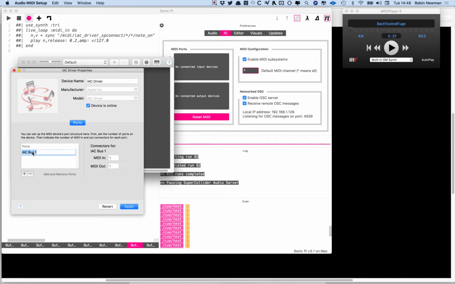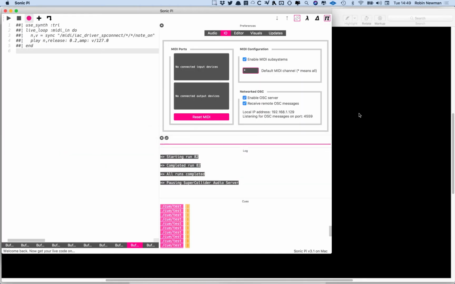I'm going to double click on that to select it, and then I'm going to type SP Connect like that in there, and we're going to click on apply. Now we've created this port SP Connect in the device driver IAC Driver, and if we go back to